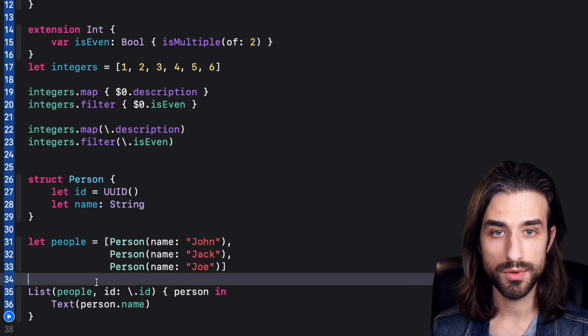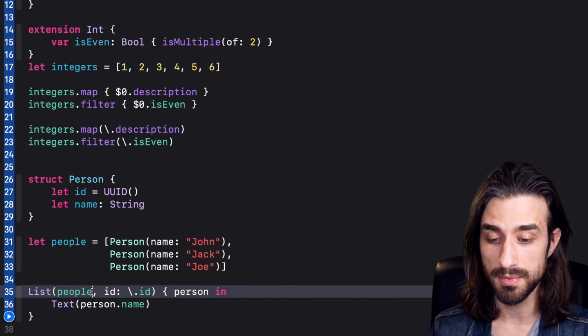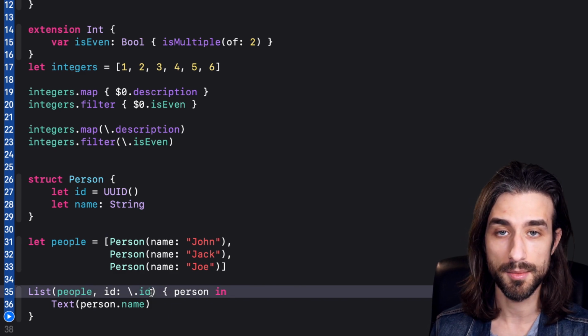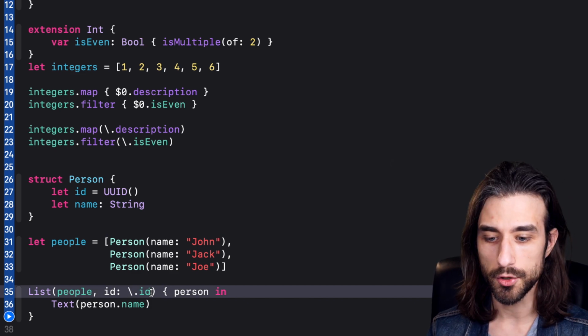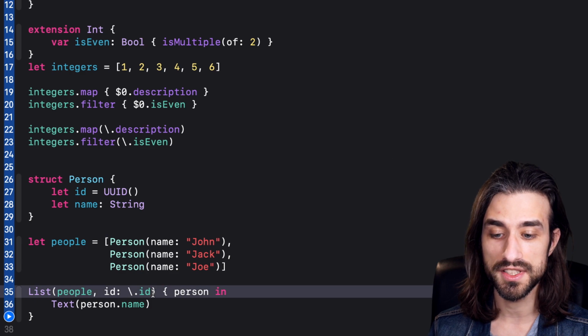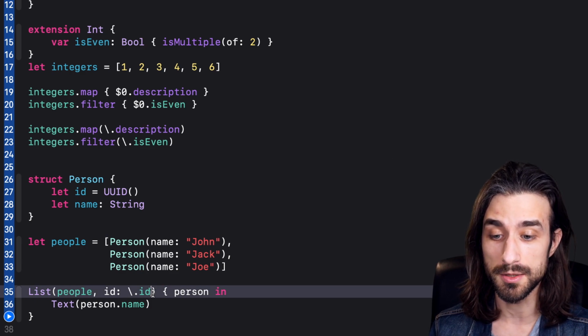And we can see that in SwiftUI, when we want to display a list, of course we need to give the constructor of a list the collection of objects to display, but we also need to give an ID. And that makes sense because lists are diffable and SwiftUI needs to know which property holds the ID of the object. But we can see that this ID is provided using a key path, meaning that SwiftUI wants us to give it a key path on the property.